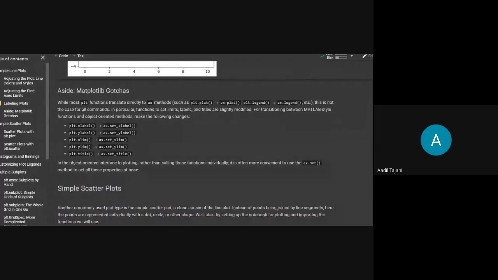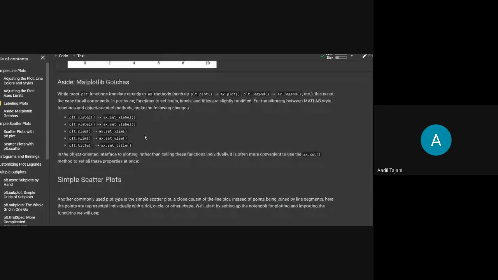Now the basic commands of plotting, plt.plot is the same as ax.plot. The same goes for the legend. If you are using axes, then you can use ax.legend. But for these functions, set title, limits, labels, they are different in single plot and multiple plots. In multiple plots, there are different axes for one figure. If there are two plots in one figure, you have to use set_xlabel, set_ylabel for those. So you just have to keep this in mind for plt and ax.